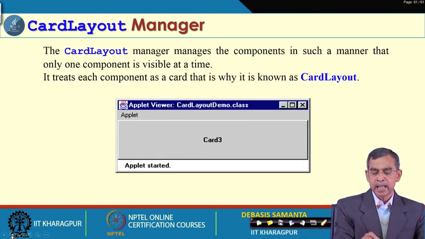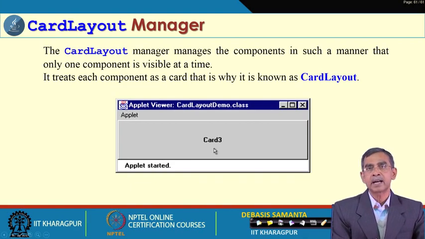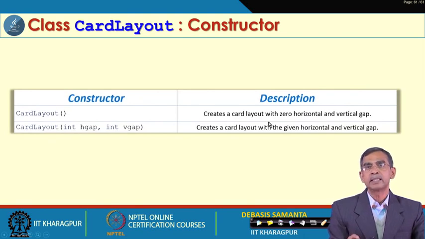So, if this is the applet, as it is shown, the first card or card 3 is showing. Now, if we click it, then it will go to the next card, card 4, card 5, like that. So, every card is basically one element in it.